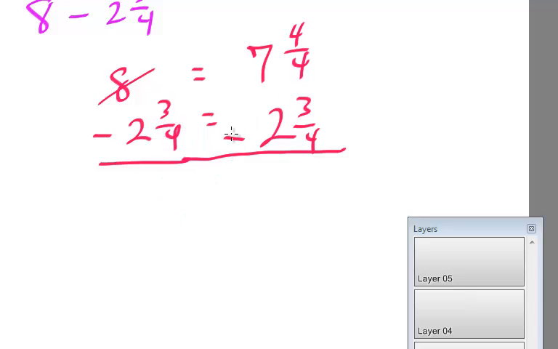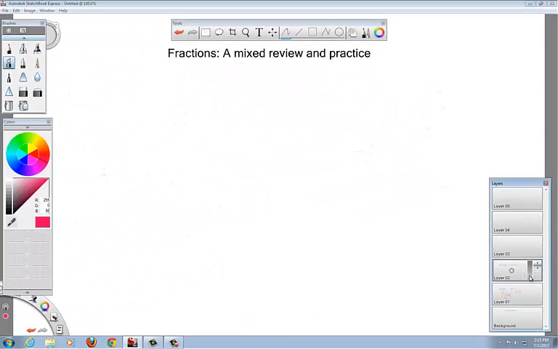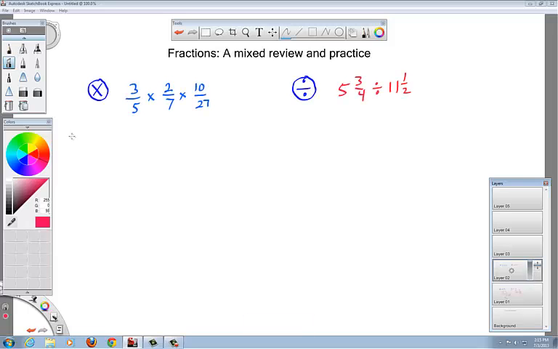I guess undo that one. Okay, so this would be 7 minus 2 is 5 and 1/4 because the bottom stays the same. 5 and 1/4. There's your adding and subtracting. Now, multiplying and dividing. For the multiplying one, I didn't pick mixed numbers, but if I did,